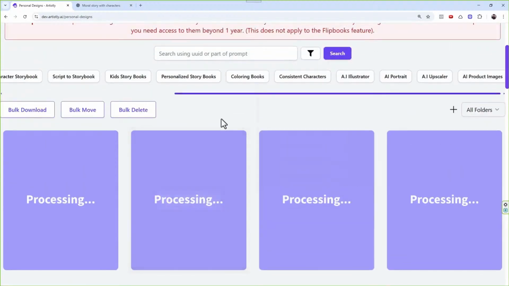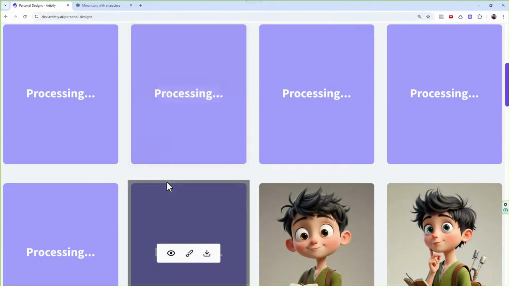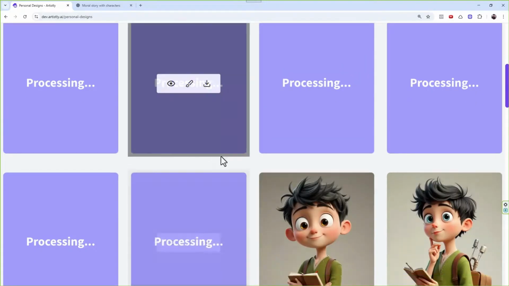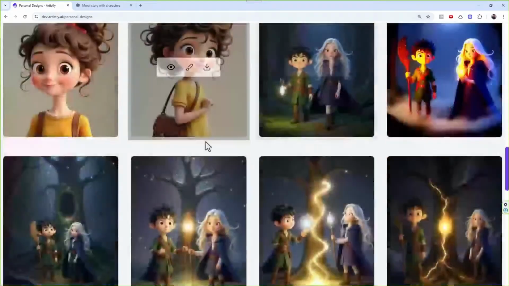Let's rinse and repeat this process so that we are sure. We'll wait for a few minutes while these illustrations are getting generated. But I just wanted to tell you guys, it will take some time. It's a beta feature. It's not perfect, but it does the job, right? And with your feedback and your help, we're gonna make sure that those edge cases also get fine-tuned so that it works across the board.